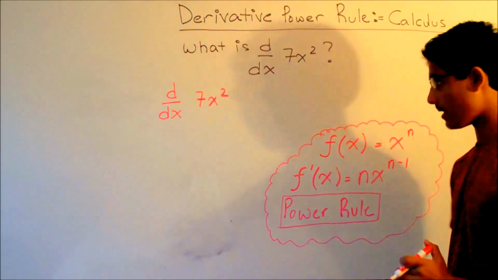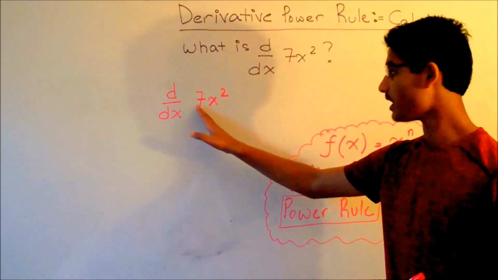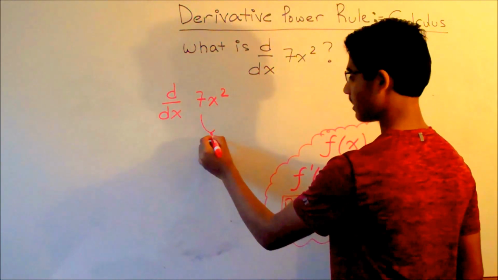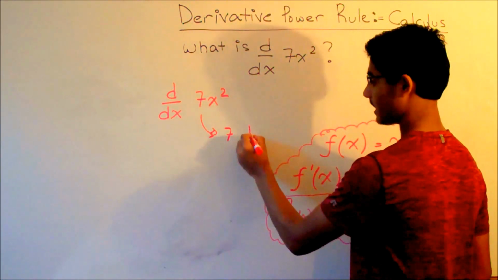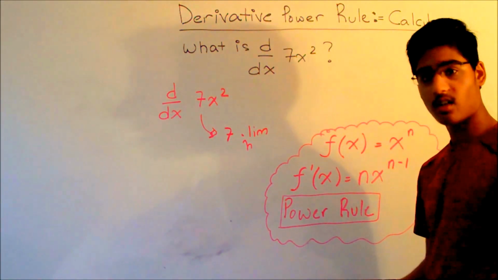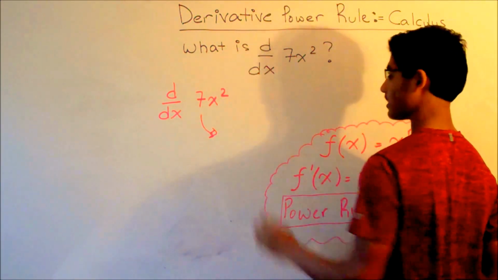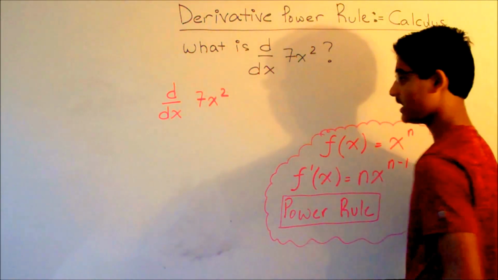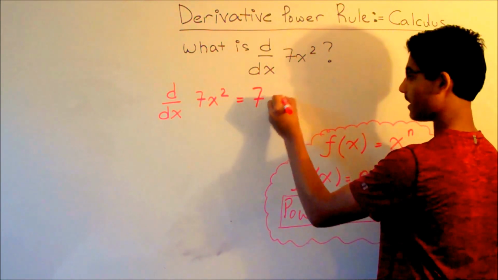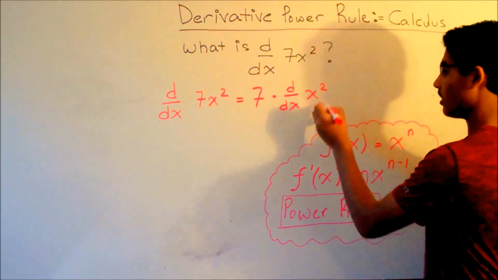One property of limits that we know is that if you have a coefficient times x squared, then this becomes the coefficient times the limit as h approaches 0 of x squared. This also works with derivatives, because derivatives are just one application of limits. So d dx of 7x squared is equal to 7 times d dx of x squared, which is equal to